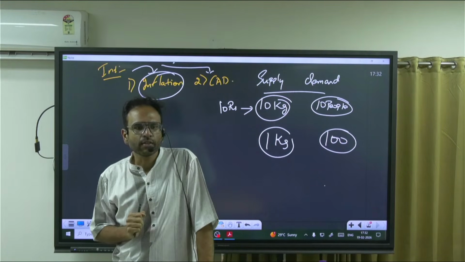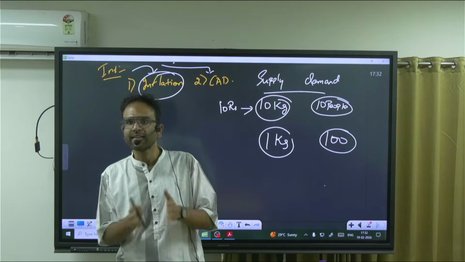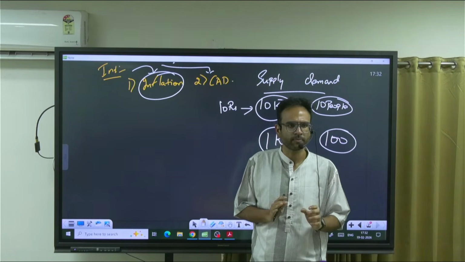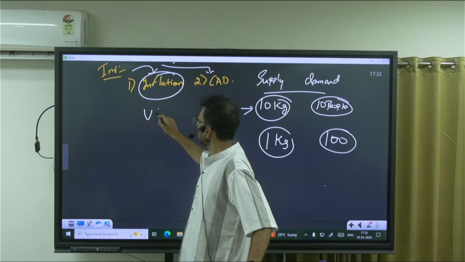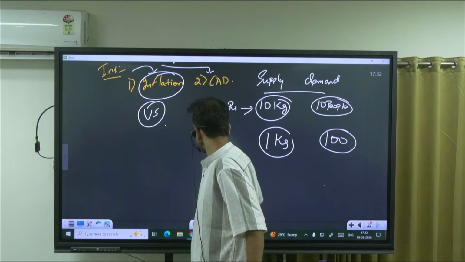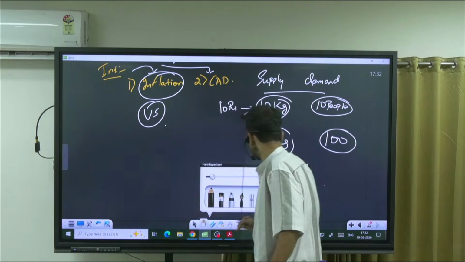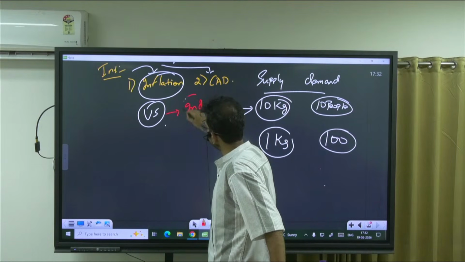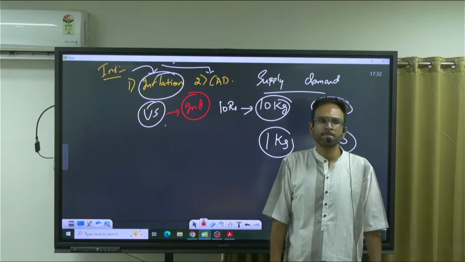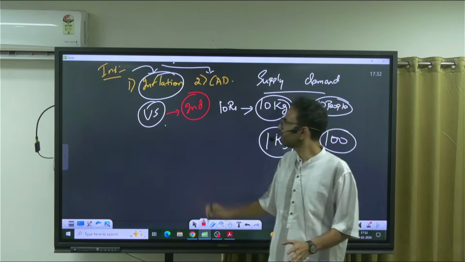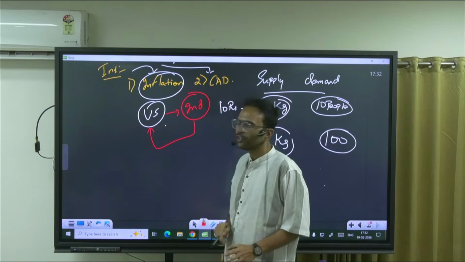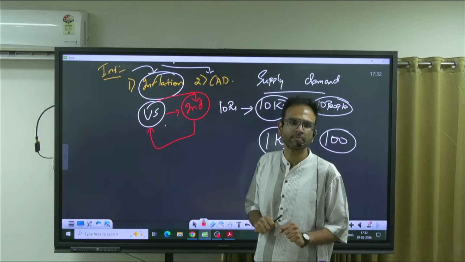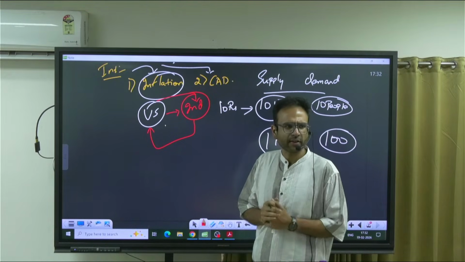What is current account deficit? Any idea? Let's say there are two countries. For the sake of our conversation, I will keep it very simple and straightforward. India and US. In the US, you have your cousin, and in India, you are waiting for your cousin to get you an iPhone, for example. Now, it so happens that the cousin is not receiving anything from you, but from there you are continuously getting iPhones. There will be an imbalance, right?